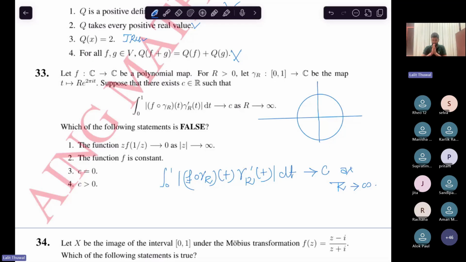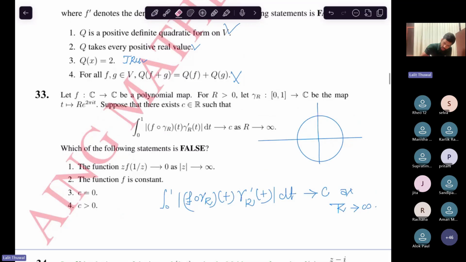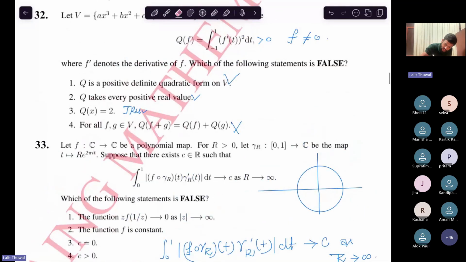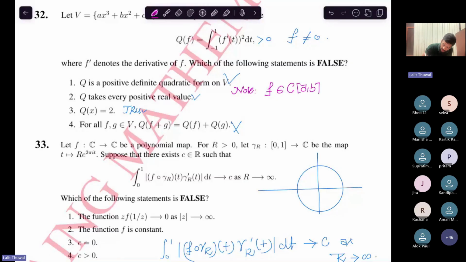So it says that C must be greater than, okay, which of the following is false? Now you observe that this function is continuous. So let me tell you some result which I used above. Note it, because many of you might not know it: if f belongs to C[a,b], a continuous function on the closed interval [a,b], and it is non-negative, meaning it takes non-negative values for each x in [a,b], and there exists a point c